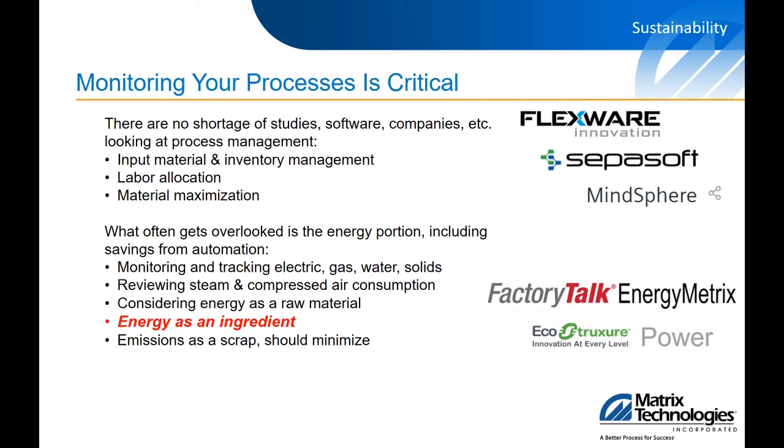Most of the facilities I go in, I would say less than 50% can even tell me what their monthly electric bill is. So if you are missing that, and in some of these plants the electric bill can be $300,000 a month. Some plants, it's $1 million a month. Even if it's $70,000 a month, it's a lot of money. We should be tracking that and trying to minimize that. Same with gas, even less than the electric. Most people have very little idea what their gas bills are, or their water bills even more.